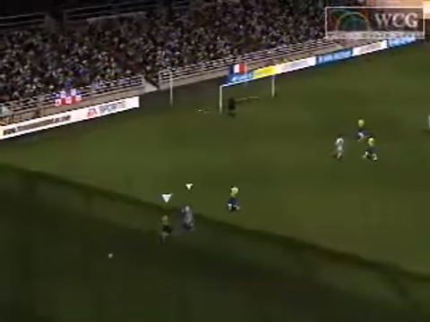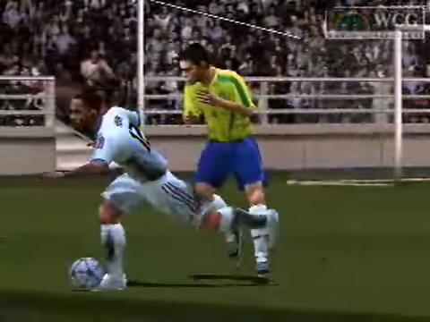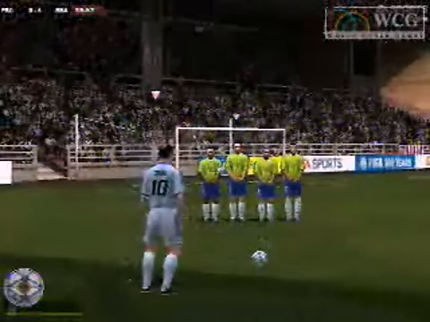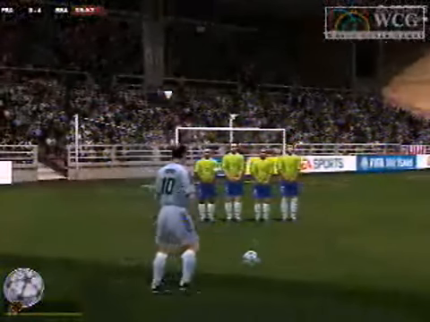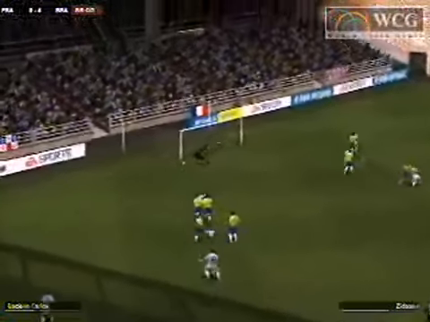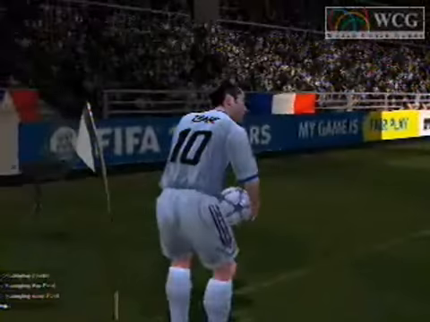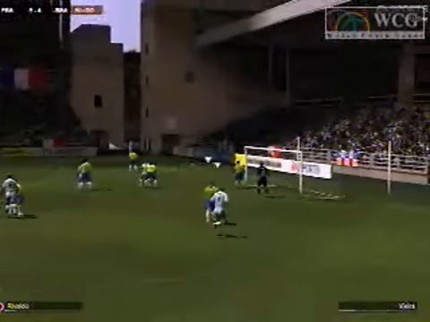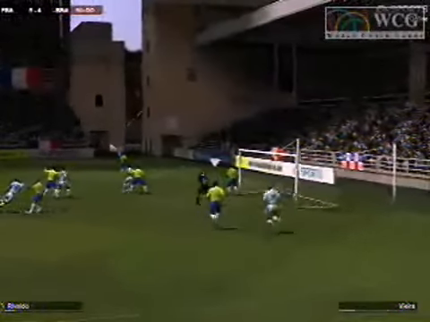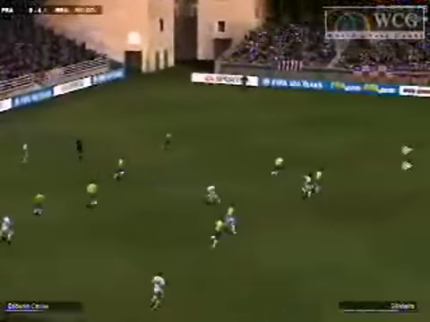Now we're going to see a long ball to Henry, and Henry gets a little shove in the back. This is going to set up the free kick. Zidane's going to take it. The wall looking strong. The ball's going to be aimed at the bottom left corner. The shot is up. The keeper gets in there, does a little punch save, knocks it out of bounds, but it's going to set up a corner kick for the French team. The corner is up. Easily handled by this Brazilian keeper.